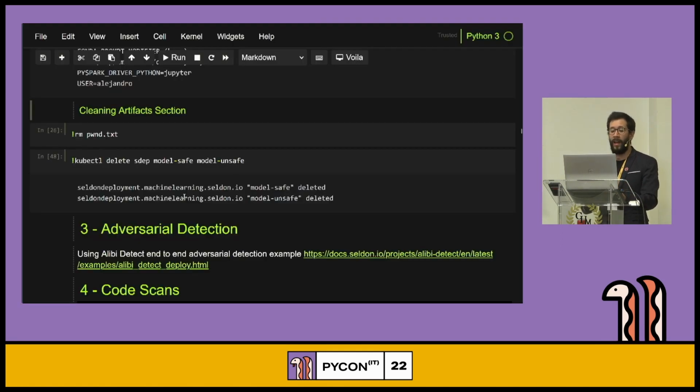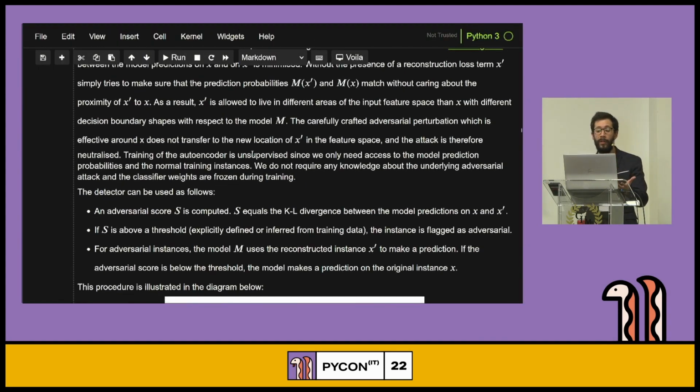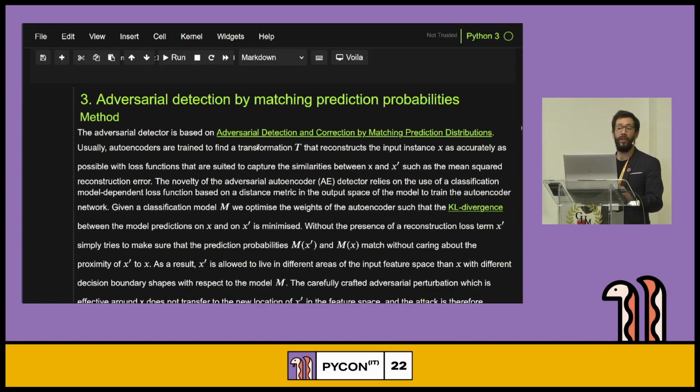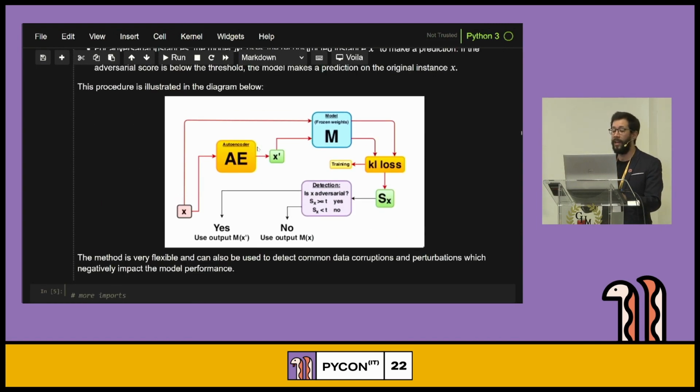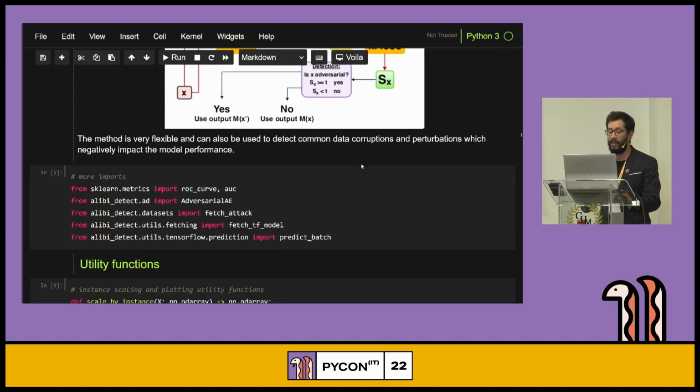And for adversarial examples, we fortunately have a machine learning library called Alibi Detect, which you can try out. Again, we have some examples that allow you to build not just adversarial examples, but also adversarial detectors, which basically means that you're able to introduce an extra component within your stack that would allow you to detect, well, with a probability scale, how likely an input may be an adversarial example.